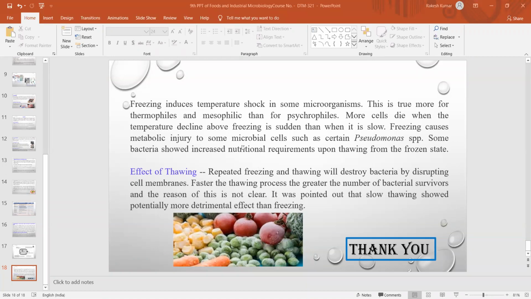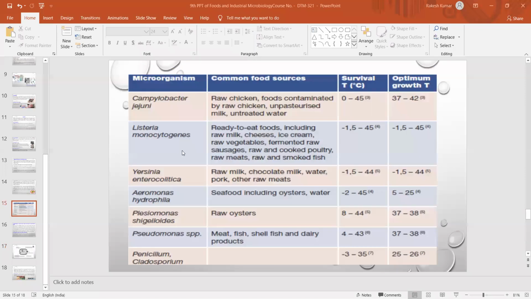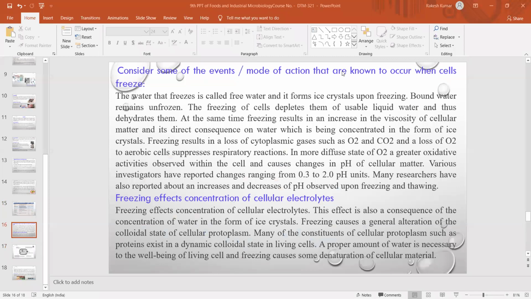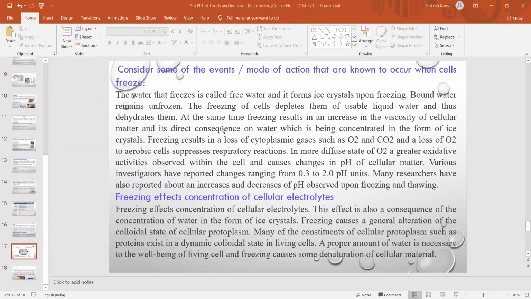So this is all about the freezing process or the preservation. People use freezing for preservation purposes. So I think you should have the complete information about the mode of action of the freezing process, as well as what are the things that generally happen in the bacterial cell. So please remember all these things. In the last 3-4 slides, I have summarized